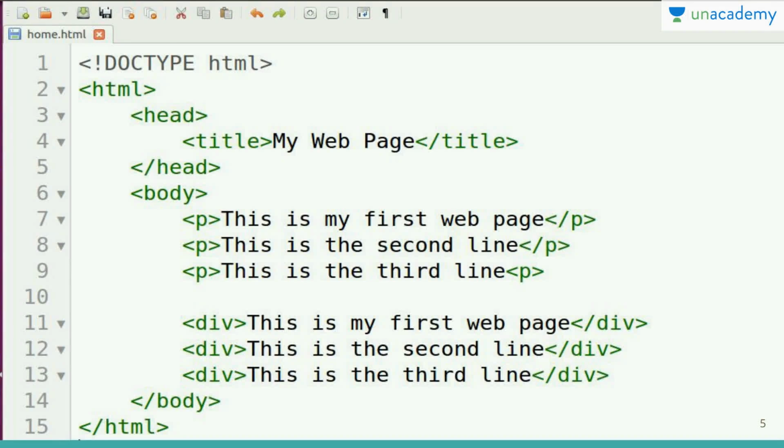Now let's go back to the code and understand it. Our first 3 lines are within the paragraph tag and the last 3 lines are within the div tag. Whenever these tags are entered, they themselves create a new block. When we say block, we mean that suppose this line is written as a paragraph tag, then whenever you mention another paragraph tag, it will go to another line. I will explain it elaborately further.